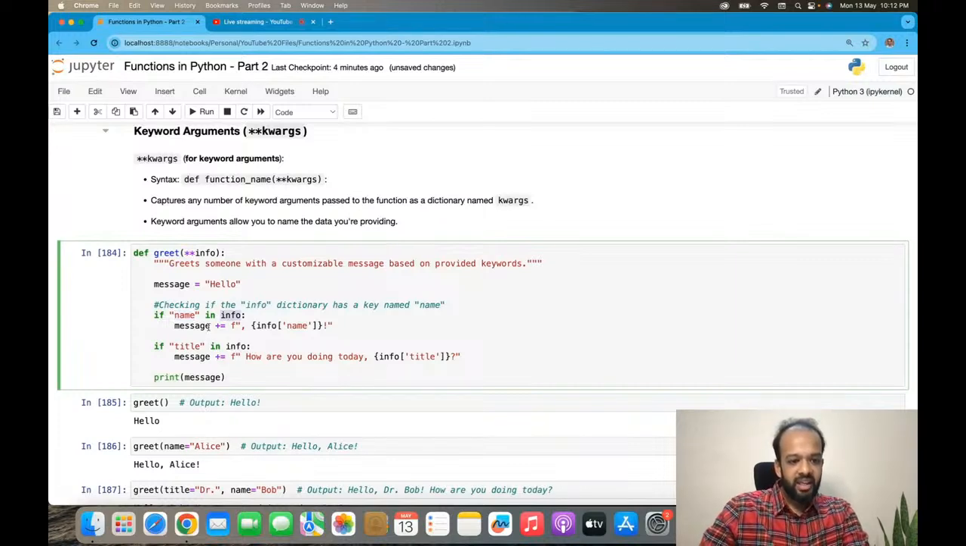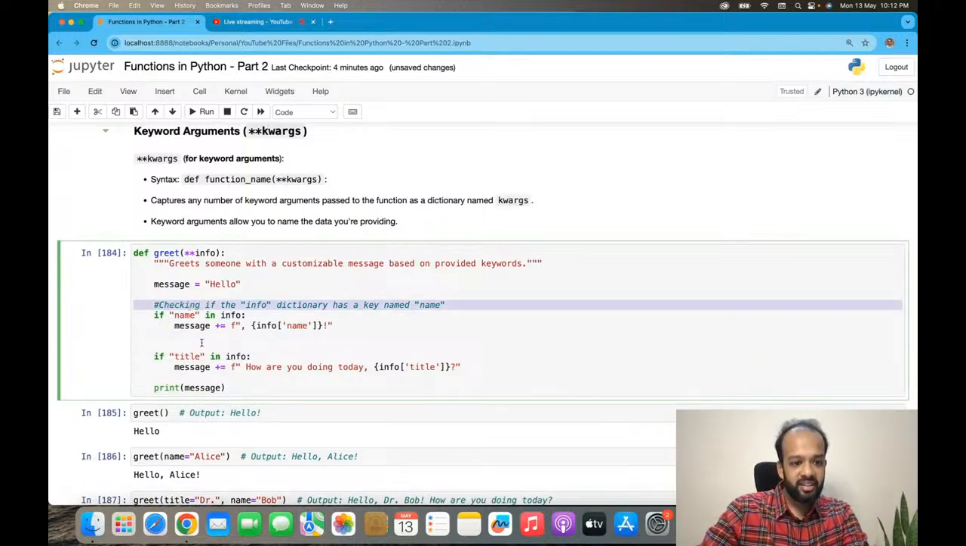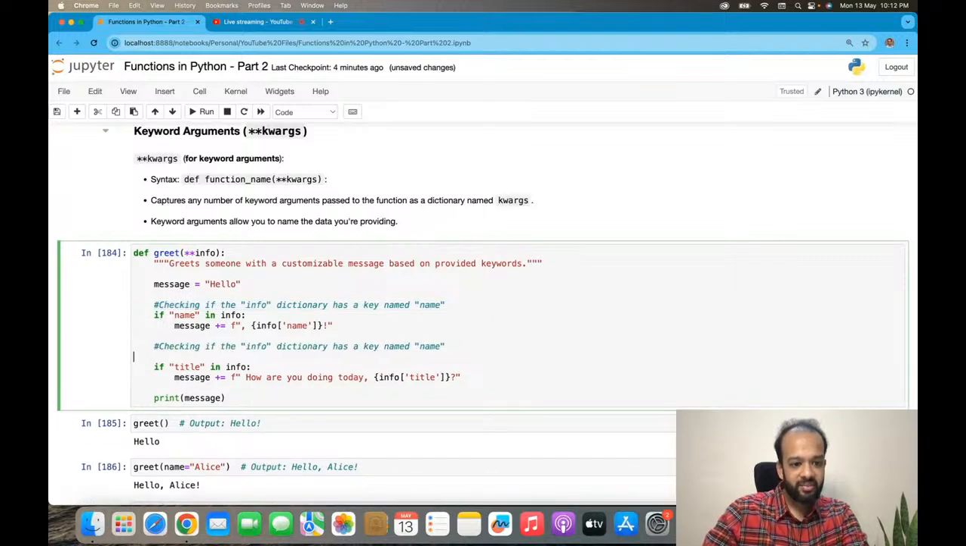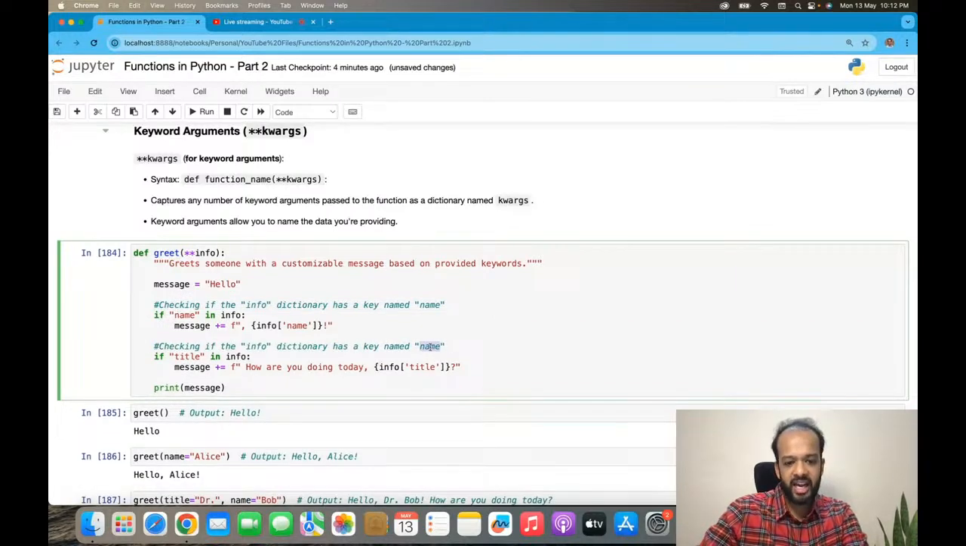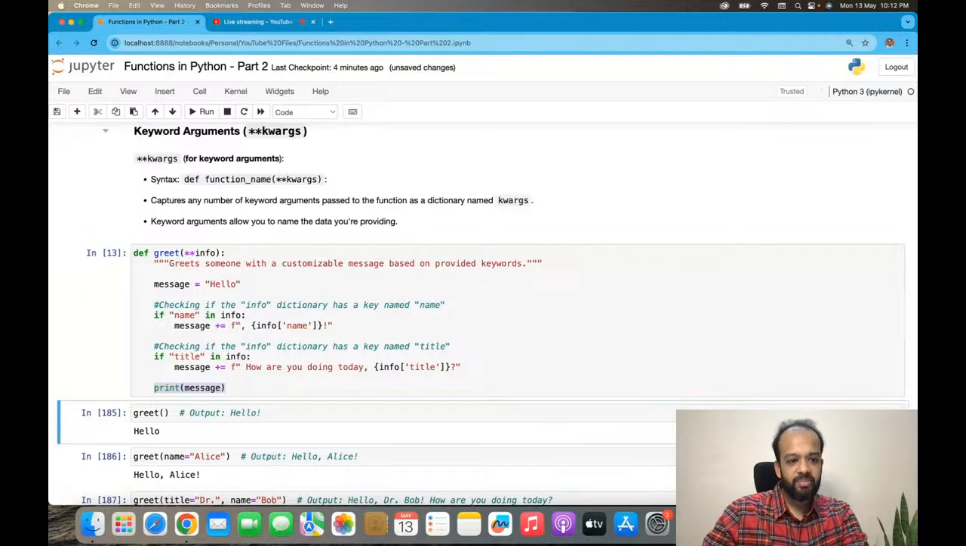right? Now, another if statement is getting called: if title in info. So this is checking if the info dictionary has a key named title. Message plus equal to how are you doing today, and then the title. And then finally you print the message. So let's run this. Now if you call greet without any argument, it will just print hello,